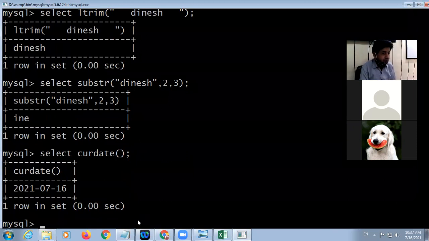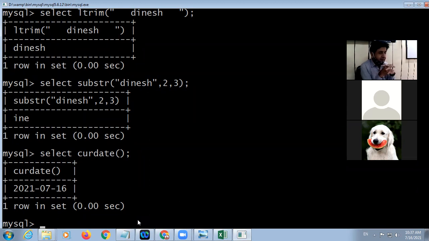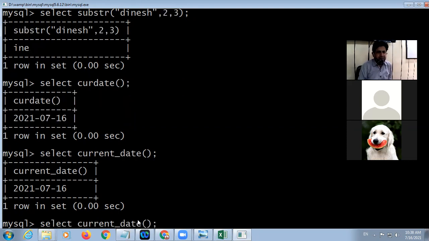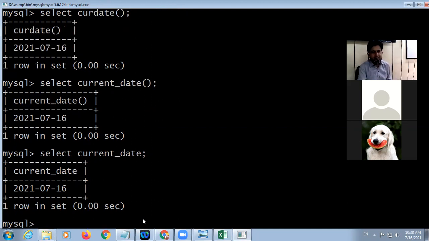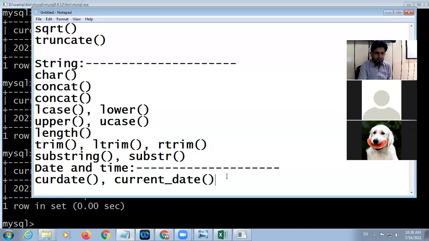Look at here the format of the date in MySQL. It is year, then the month, then day. Okay, and here the year is in 4 digits. So remember this format. Now we can use current date, the same function. Even if I remove the brackets I will get the same result. So here you can also remove the brackets, and the result will still be the same.